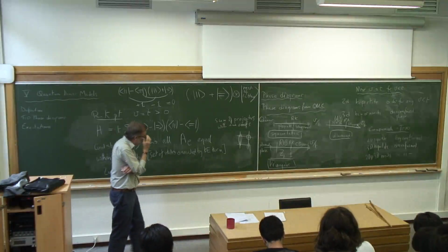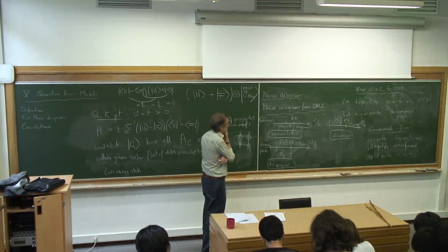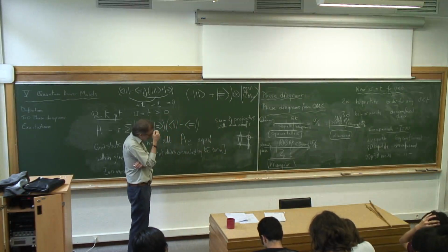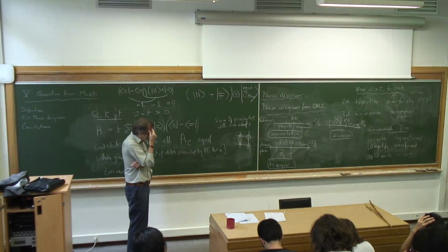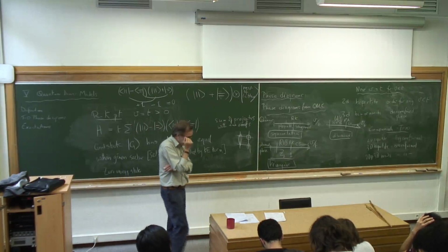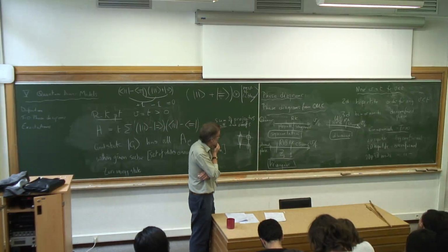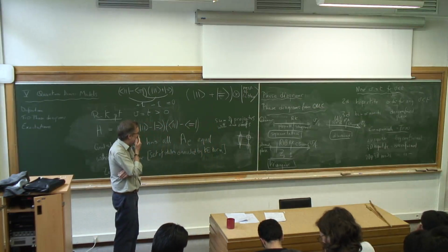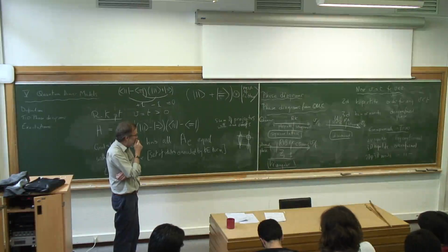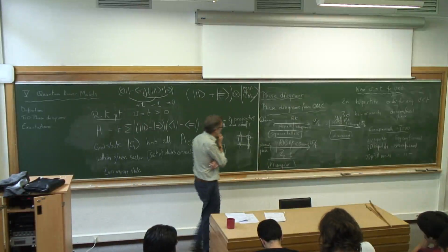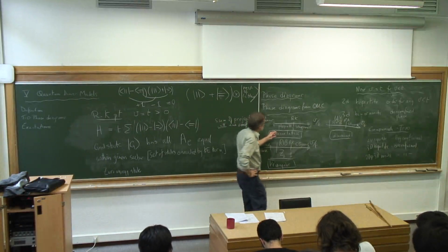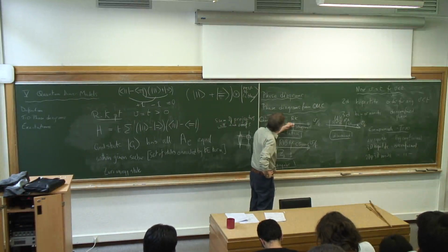So looking at those phase diagrams, you realize that you want to interpret the fact that monomers are deconfined at the RK point differently in the case of the square lattice from the way you interpret it in the case of the triangular lattice. So what you see in the case of the square lattice is that the RK point is a